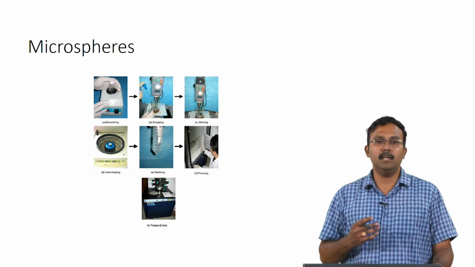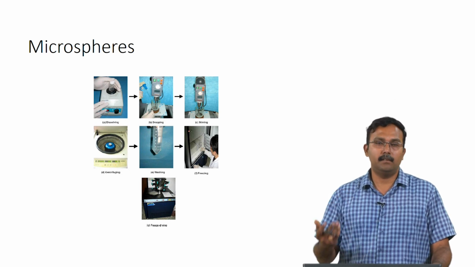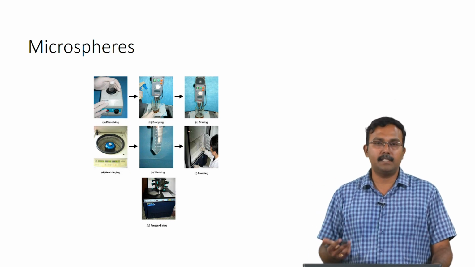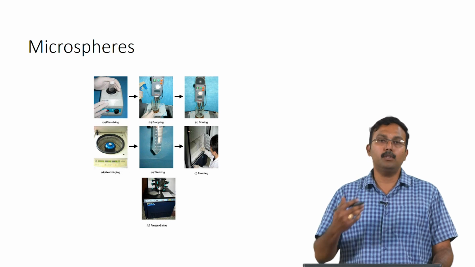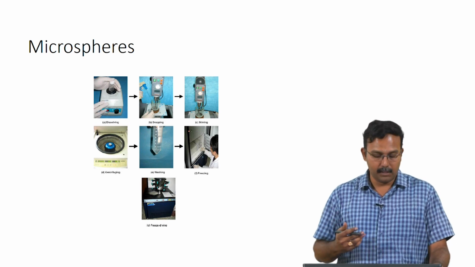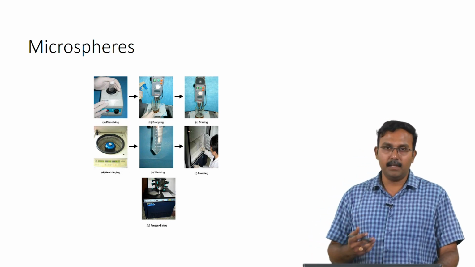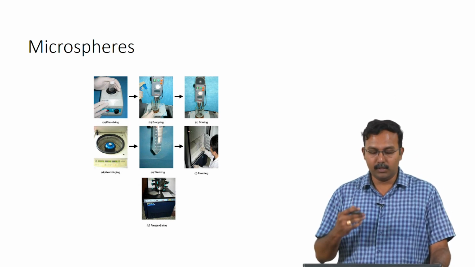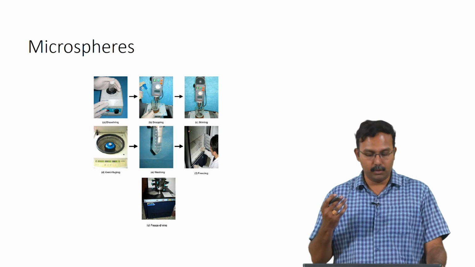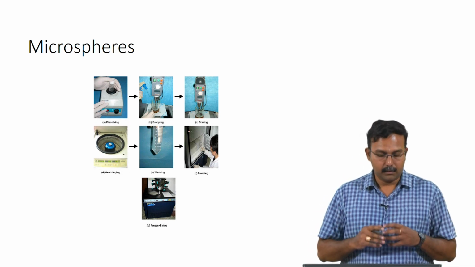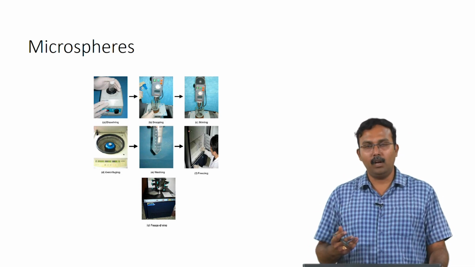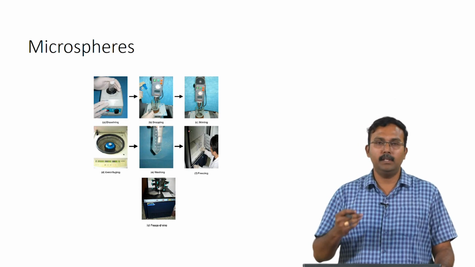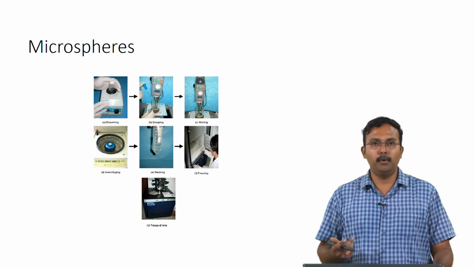So, here we will be talking about one of the 3 or 4 different strategies which have been used, where microspheres have been used to prepare scaffolds. What is done first is the polymer is dissolved in a solvent, and then you start dropping it into a solution. First this polymer is dissolved, and then it is dropped through a small pore using maybe a